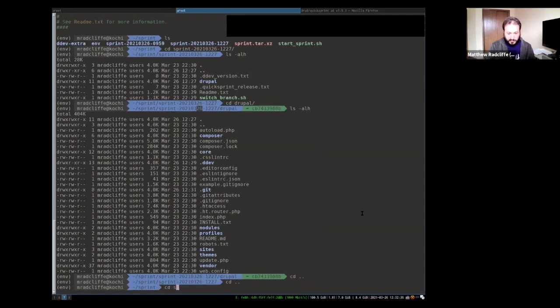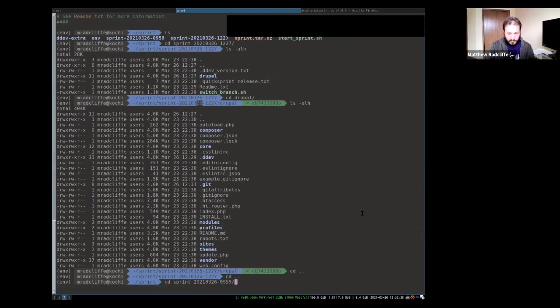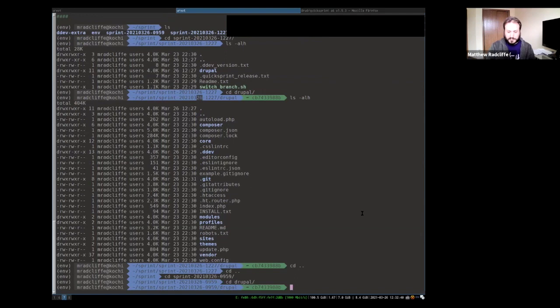So if I go into my old one here, and I go into the Drupal folder here, I want to run DDEV's remove -o. And that will remove all the containers and clean up DDEV, and it'll clean that project up.